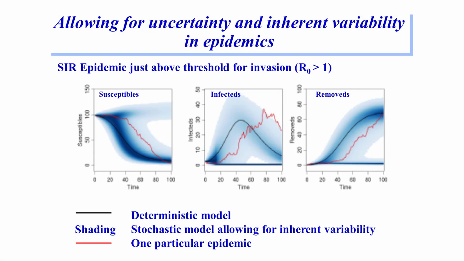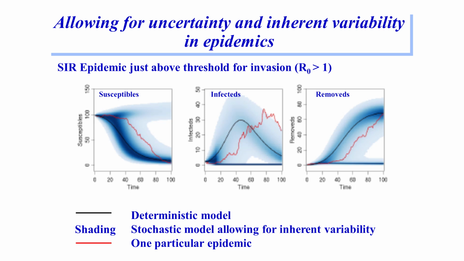So that's the deterministic model. But in fact, life is not like, and death is not like that. It's not deterministic. Chance plays a part. And so what we find is if we use a so-called stochastic model, which is a model that allows for the inherent variability in the system, we have something where, looking now at many epidemics repeatedly under the same conditions, many fade out.